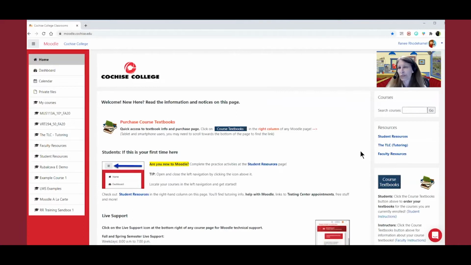Let's go over to the student resources page. This is really a great space for you to get resources and get help with things regarding Moodle. And you can find that in two ways. One is that it will very likely be over there in your left navigation, student resources. If for some reason you aren't finding it there, then again, over on the right-hand side, you've got student resources, and also, as mentioned in the previous session, the tutoring page is here too. So I'm going to click on student resources.